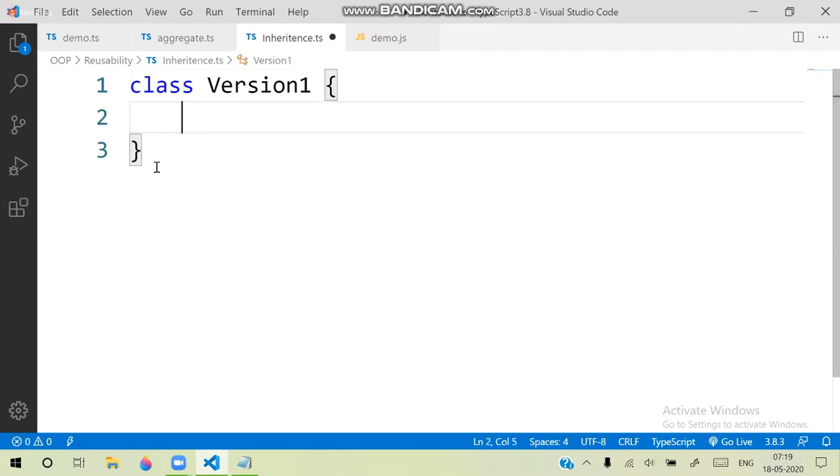This version 1 class has some abilities, that means some properties and methods defined here. So for example, variables, or say parameters.